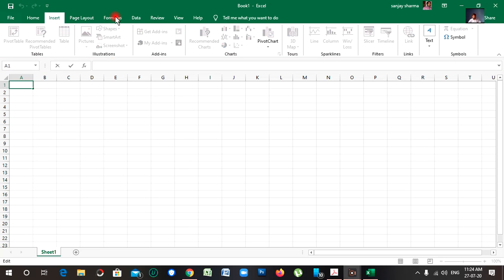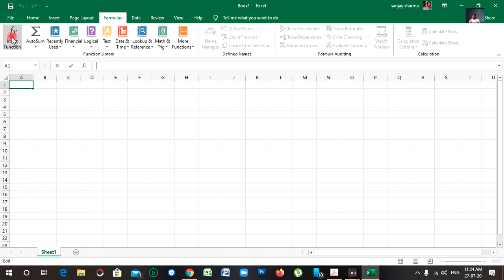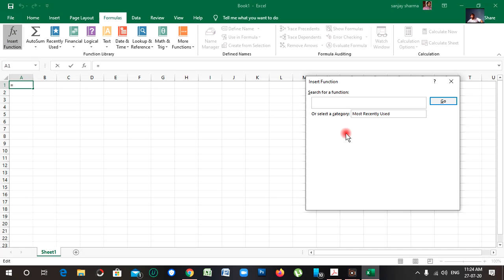By clicking on the Formula option, whatever type of option related to formulas you want to insert, we have to click on the Formula option. When we click on the Formula option, the Insert Function is displayed. See here, this is the Insert Function.